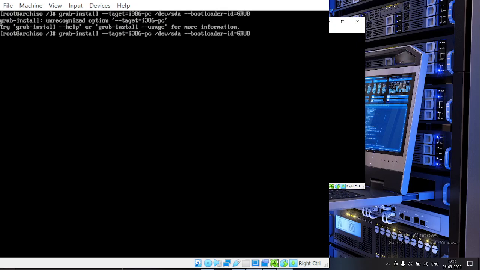What is grub-install bootloader? Okay, so the target is equal to i386-pc. So no error reported. Now, since it's done, let's also install a thing called os-prober that helps to detect